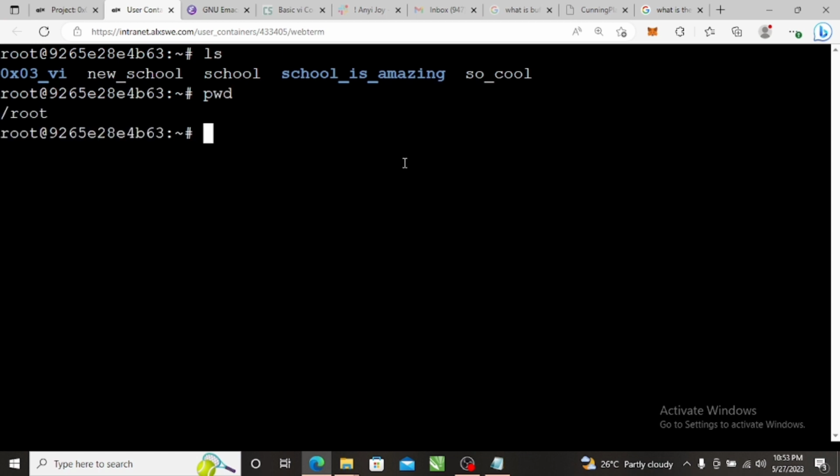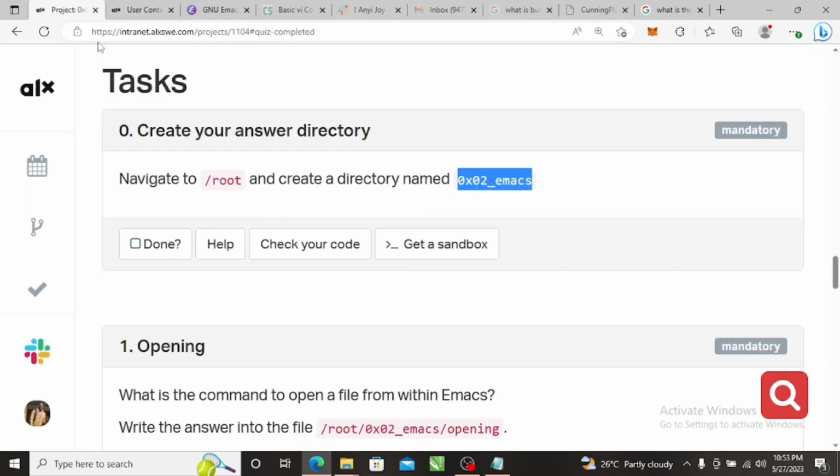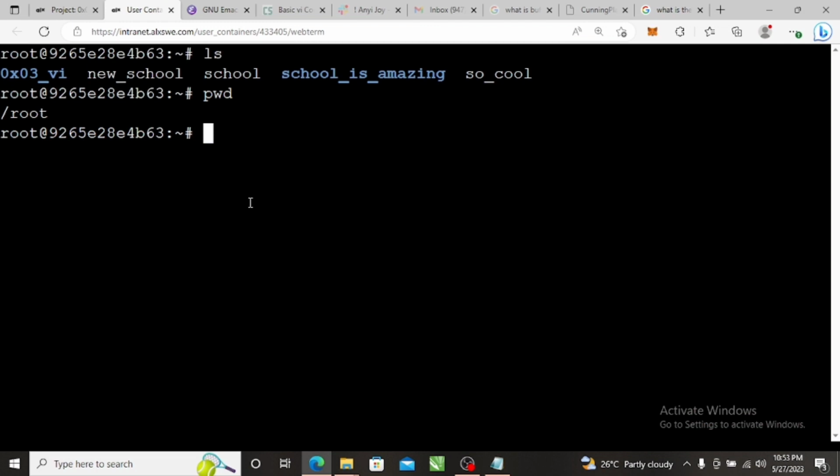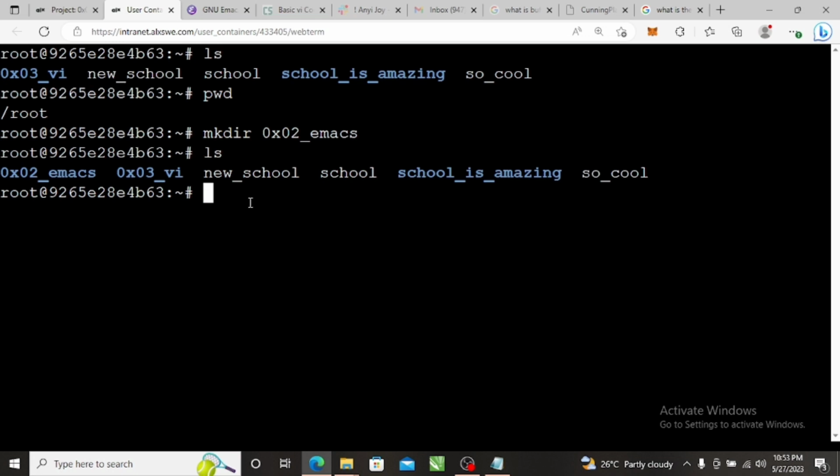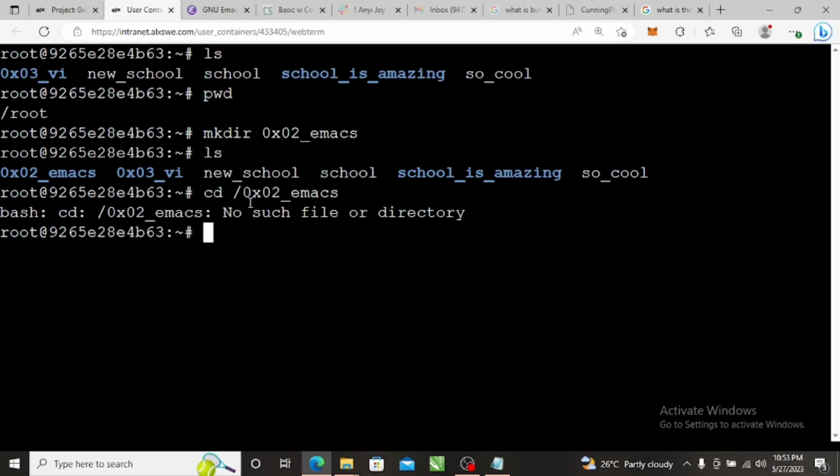Okay, so we are supposed to go to the root and create a directory called this. Okay, we've already copied it to our clipboard. Just say mkdir and then Ctrl Shift V, paste it, and then enter, and then you do ls, and then you see that we're there. So let's cd into our directory. So